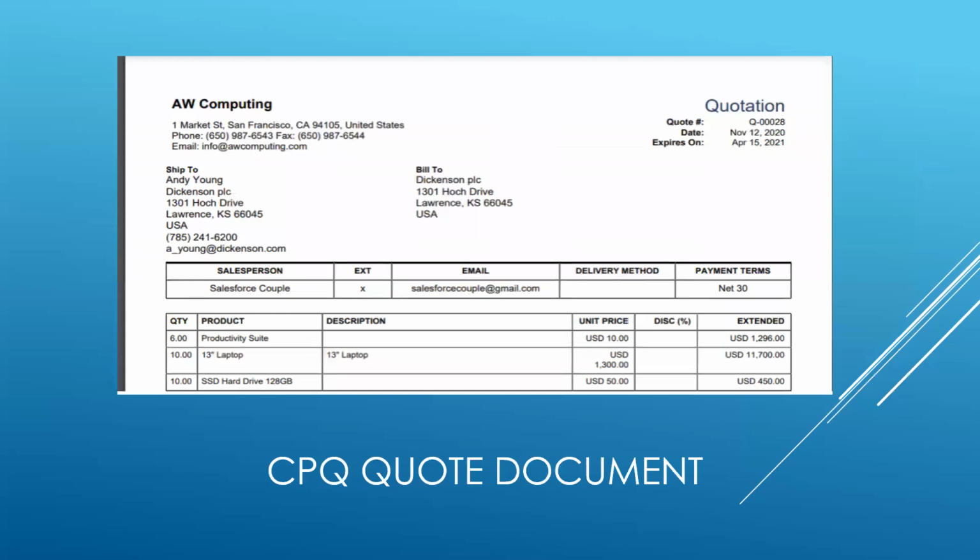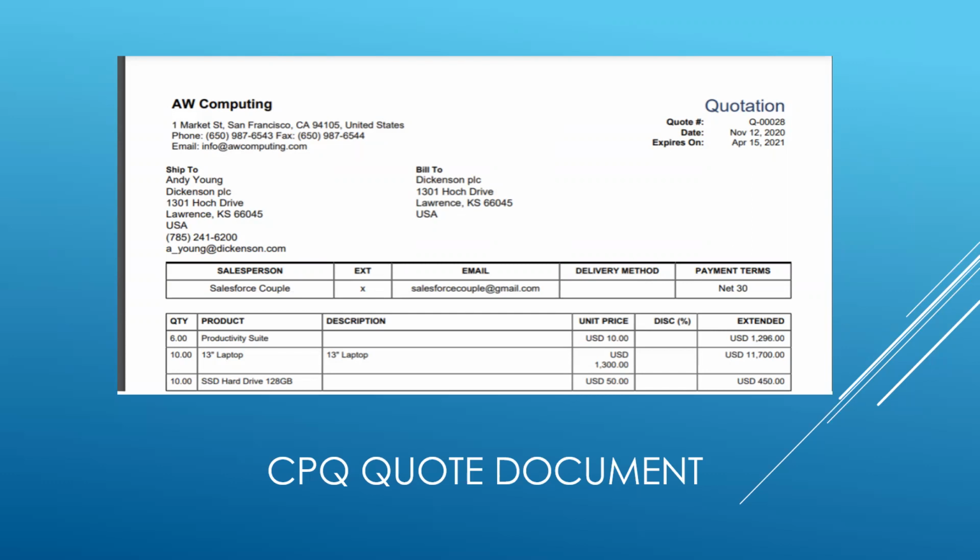Then this is a sample of the quote document we have. Usually in their business they have a Word document or an Excel sheet where they do the calculation and then send it to their customer. In CPQ, the quote document makes this easier. We have all these options where you can see the company information. We only have fields where we fill in the address, company name, and company information, and all this company information section gets printed on the quote document.